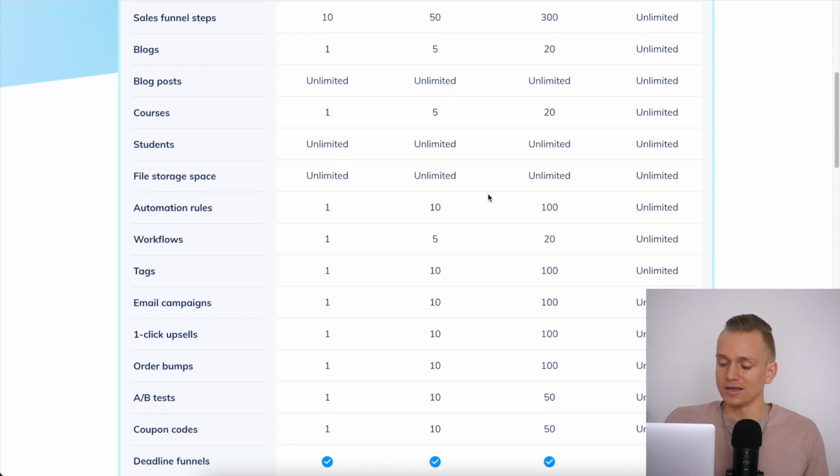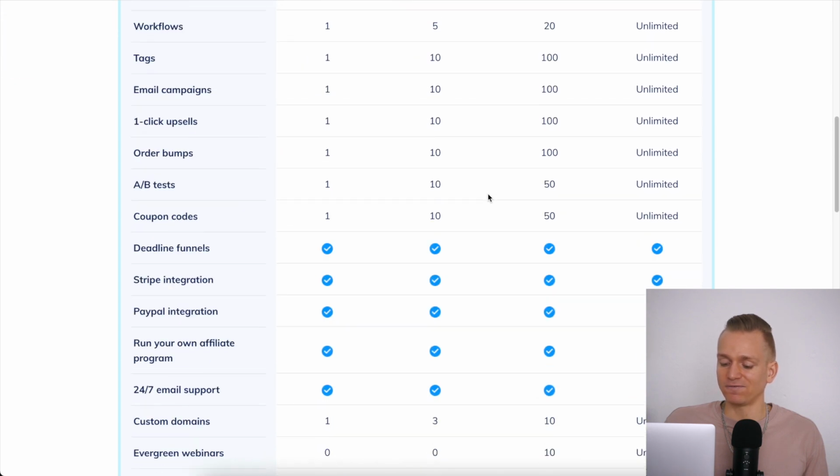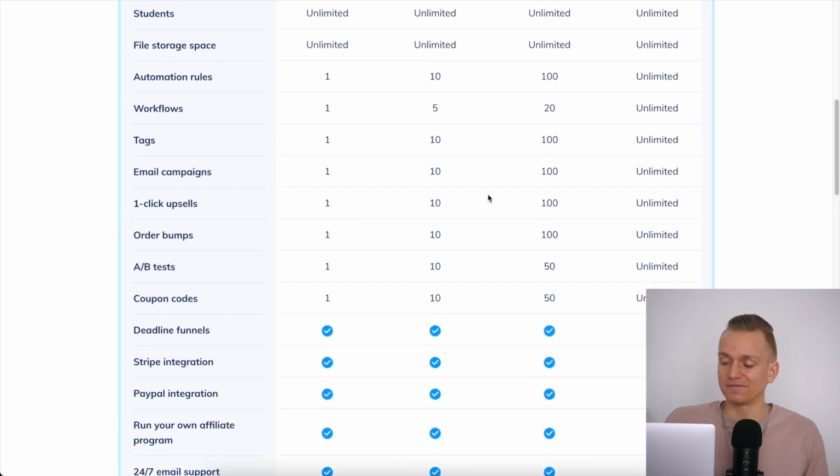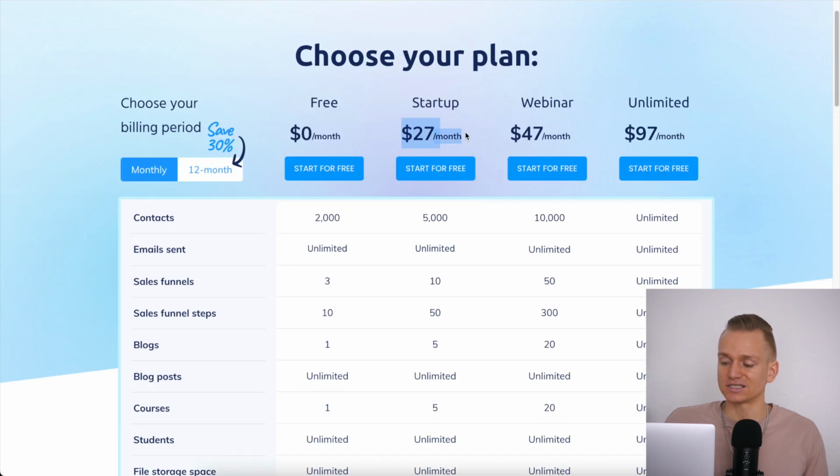And honestly, I think for most of the people, this is going to be quite enough to start out with. And when I compare this, it's still only $27 a month, and all of the other softwares, they are at least $40 per month to start out with. So this is still cheaper.